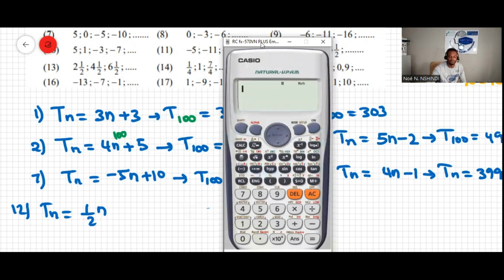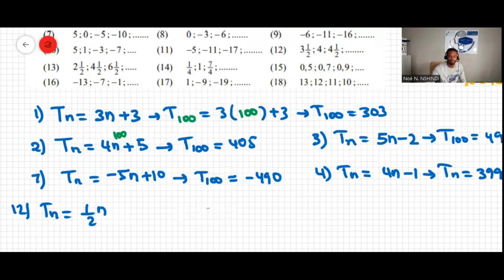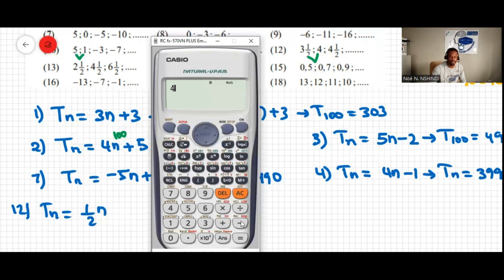To find the constant difference, we minus a term with its previous. So we do 4 minus 3.5. Same also here, you will do -11 minus -5, or stuff like that. So 4 minus 3.5, you can check in the calculator. If you do 4 minus 3,